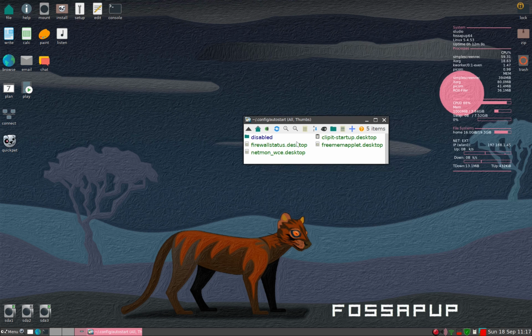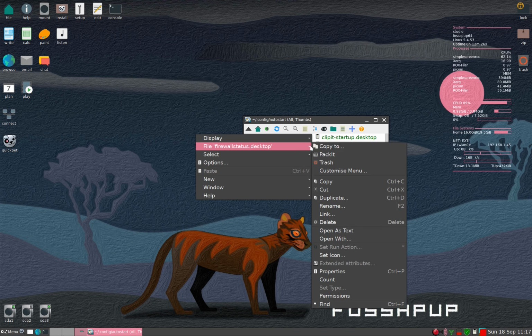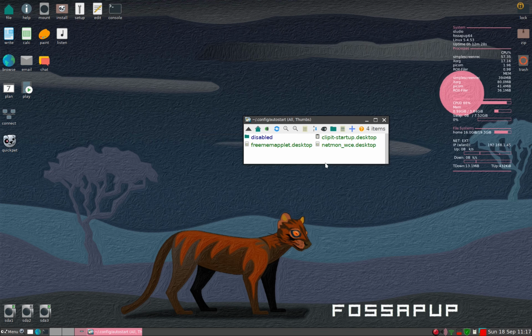So firewall status has to do with the protection from the hackers on the router, and since it's enabled, as you see here, I don't need to see that all the time, so we'll go ahead and put that in our trash. This has to do with the memory